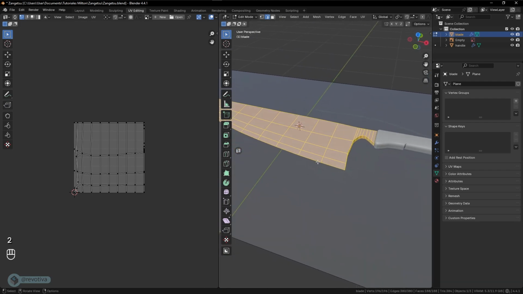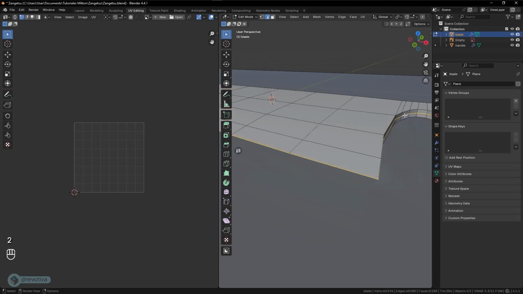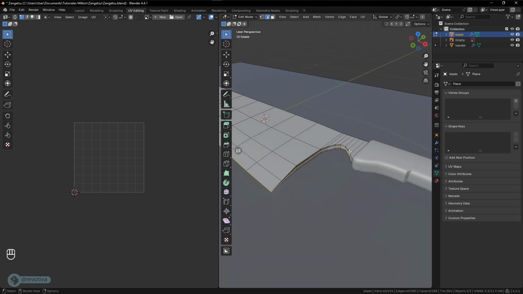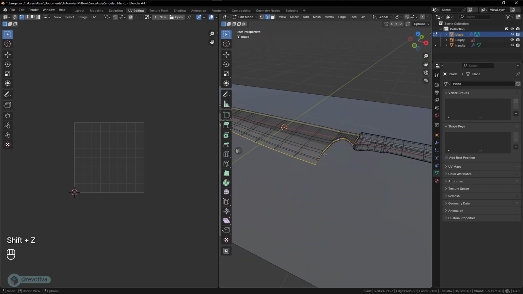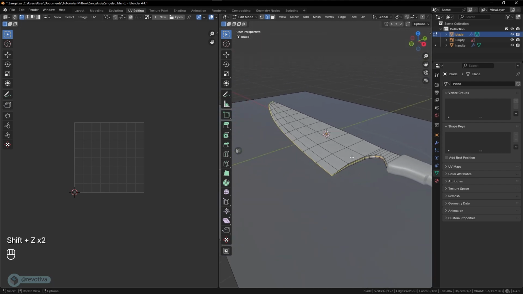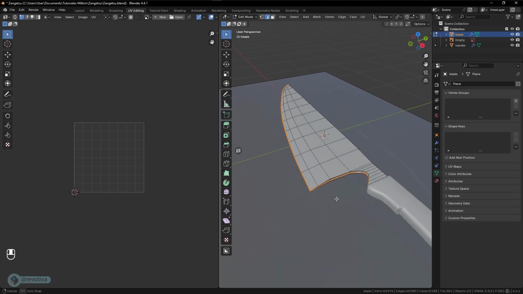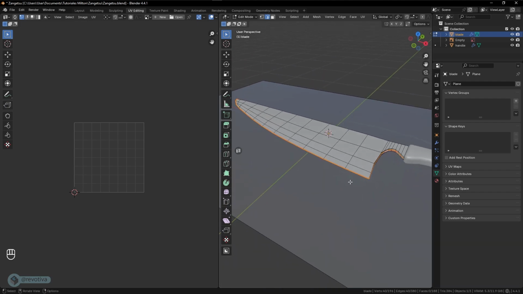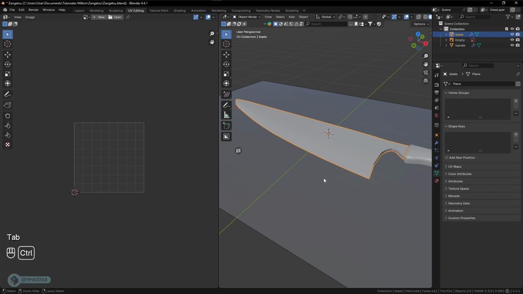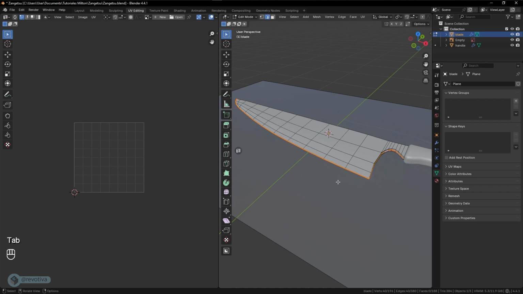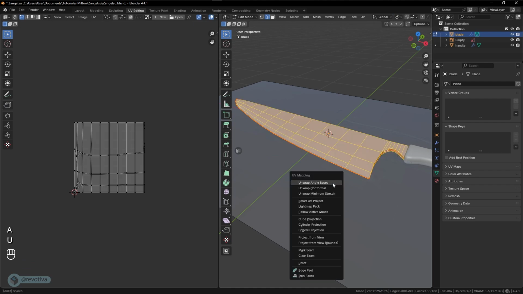I will need to make a loop cut, so I select this in the middle, these edges, pressing Alt and left click, and it's going to be a loop cut. Then with this selection, press right click, then select mark seam. Then I will come back to object mode, press Ctrl A and apply the scale. Then come back to edit mode, select everything with pressing A on the keyboard and select UV unwrap